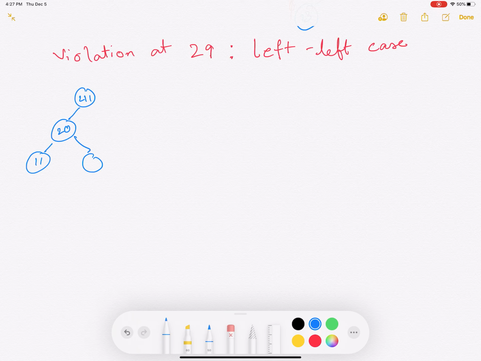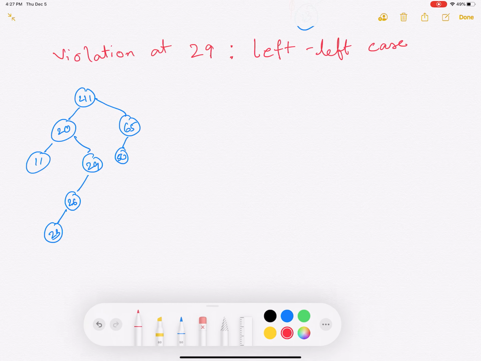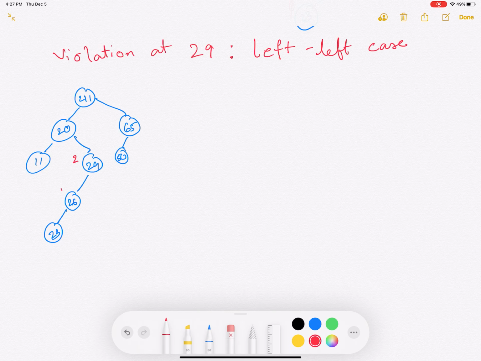We have 29, 26, and 23, 65, and 50. Now, just by putting back the heights, this is going to be 2, 1, 0. This is balanced. This is the left. This is doubly left. And this is okay. So now what we are going to do is we are going to